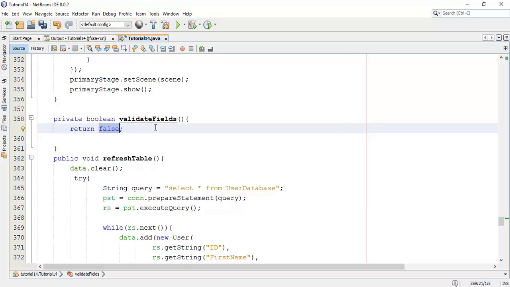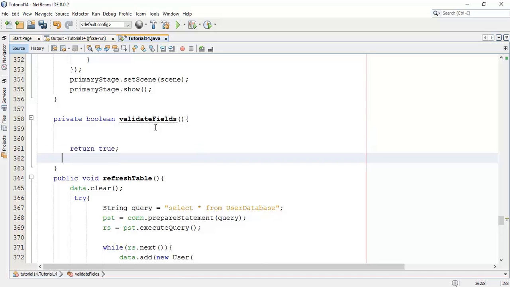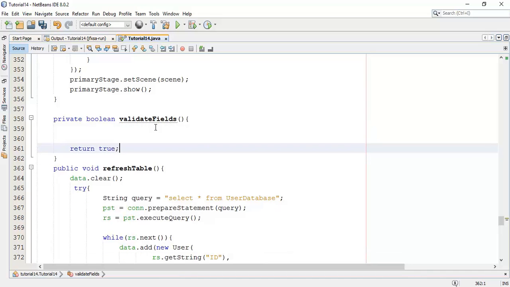Instead of false, I am going to return a true. So whenever the fields are not empty, it must return true.